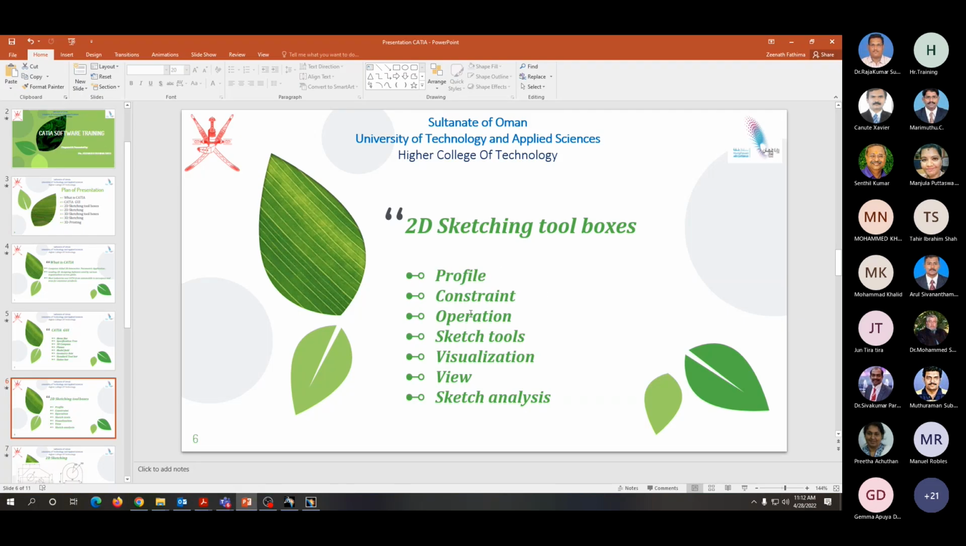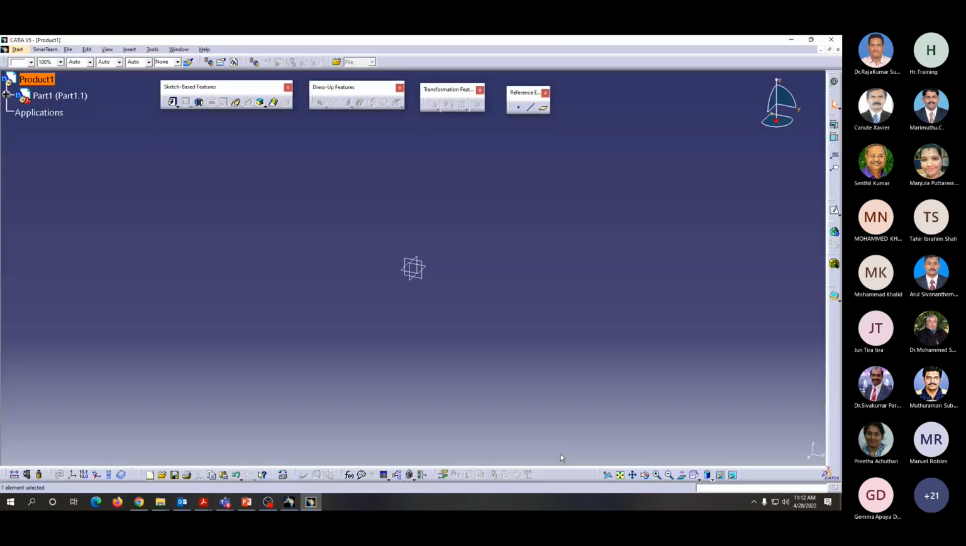We are having profile and we are having constraint, operation, sketch tools, visualization, view, and sketch analysis. This view tool we have already seen. This is our view tool. Okay. So now before I go into that,